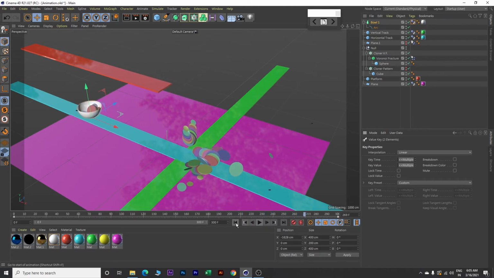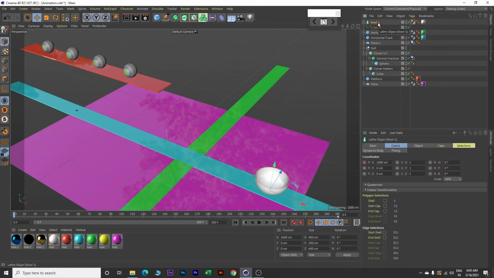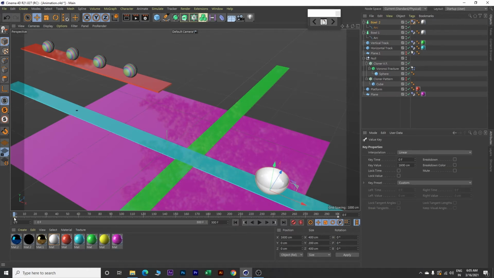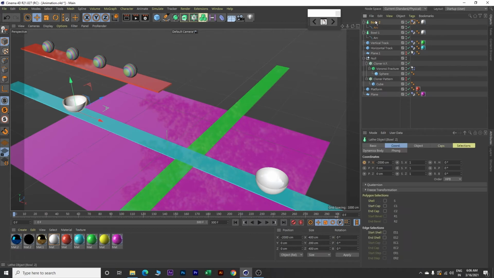So stop the animation, go back to frame 0. Now copy this bowl 1, click Ctrl C and Ctrl V and rename this to bowl 2. Now since we have copied it, the animation is also being copied. So click on this first animation over here, this keyframe, and click delete. Go back to this frame 300, click on this keyframe and delete. Now click on this bowl 2, make sure that you are on frame 0 and change this X value to 400.